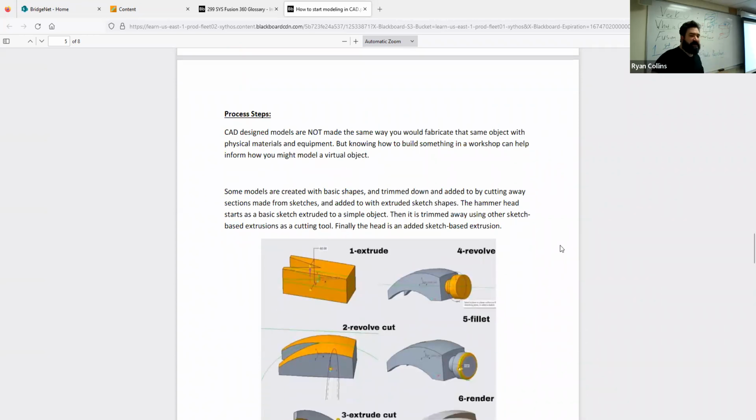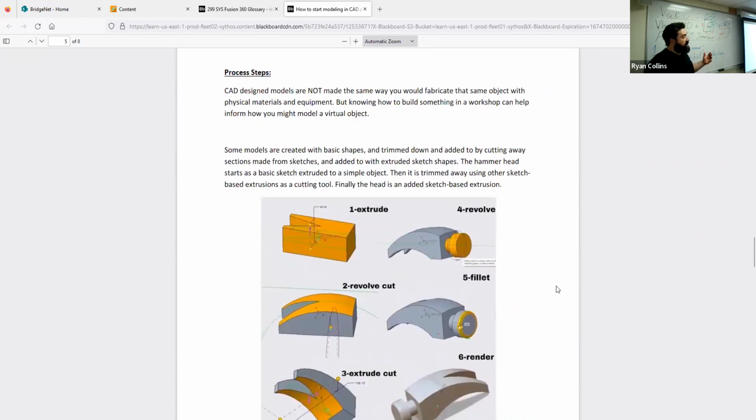So the next part I want to talk about is just to give you an idea of really the steps, or some different versions of steps, that you might go about in creating an object. Like I said, CAD design models are not made the same way that you would fabricate something. Like if you go out and try to make, I don't know, a wooden toy, you'd start with a single brick, maybe cut into that, then you'd add stuff, drill holes, that sort. A lot of that stuff really does help inform the way you would make something, but at the same time,